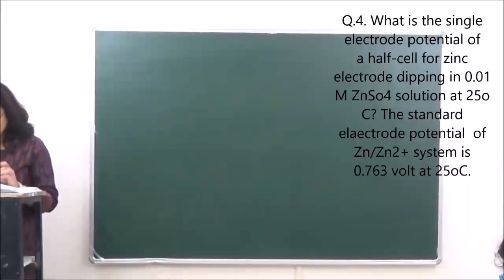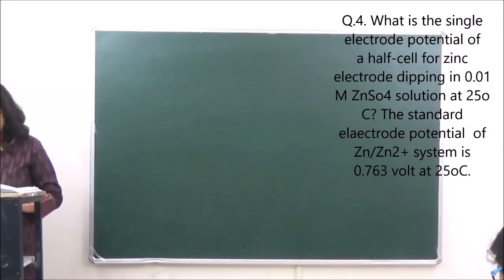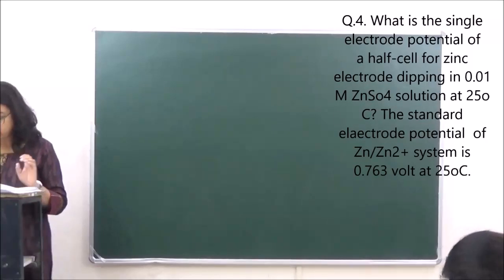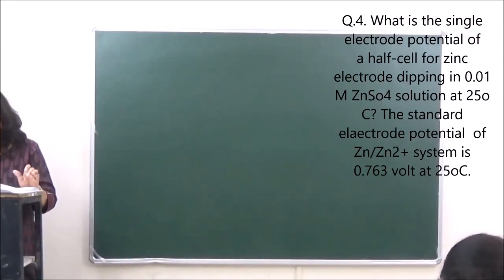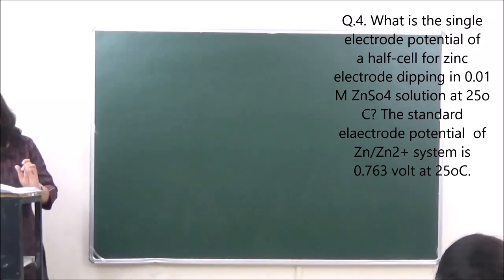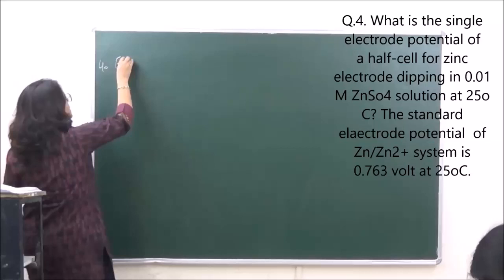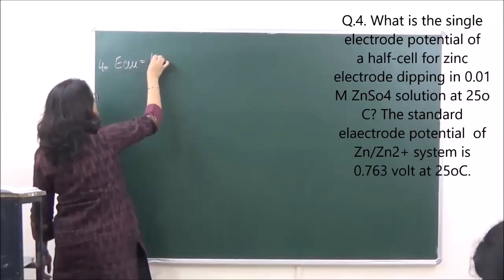Question number 4 is: what is the single electrode potential of a half cell of zinc electrode dipping in 0.01 molar zinc sulfate solution at 25 degrees Celsius? The standard electrode potential of zinc is 0.763. So this is a very easy question. We just put the Nernst equation directly. The Nernst equation is